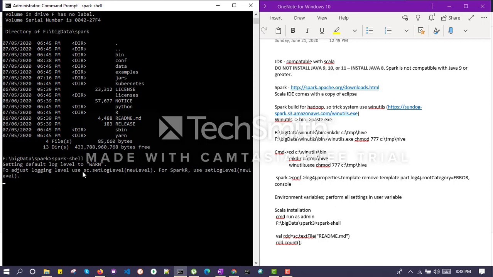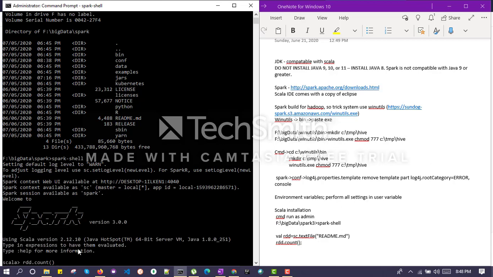The system is slow. It's taking a bit of time. Just give a moment. Okay, so we are seeing some action on the window. So over here we can see a Spark context has been created.